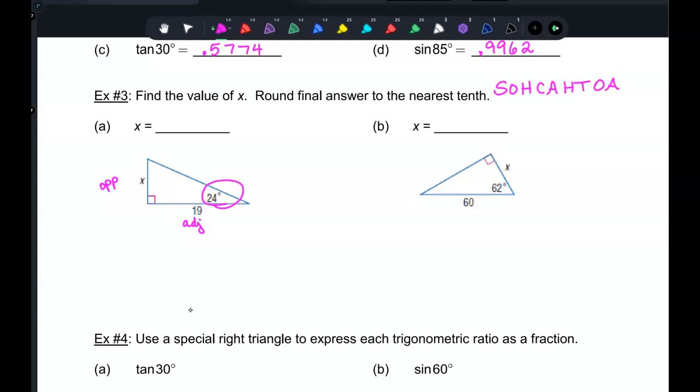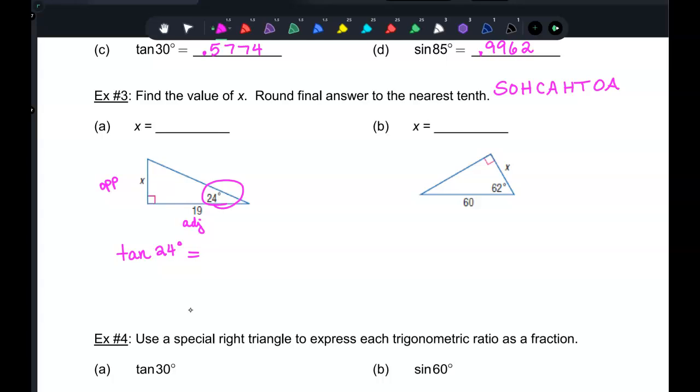I can't use sine or cosine. Why can I not use sine or cosine? Because you don't know the hypotenuse. I don't know the hypotenuse. Do I have enough information to find the hypotenuse? No, I can't even do Pythagorean theorem. So it's tangent. Okay, so I'm going to write tangent of 24 degrees equals